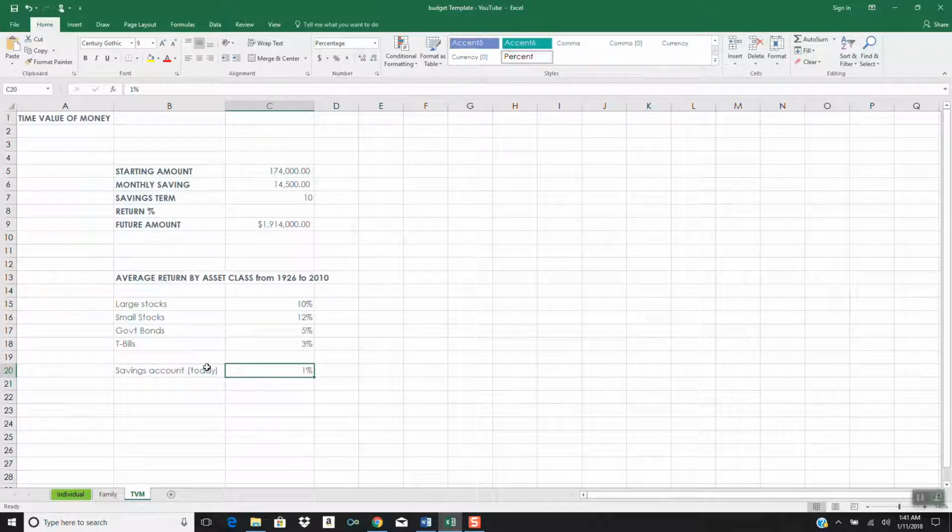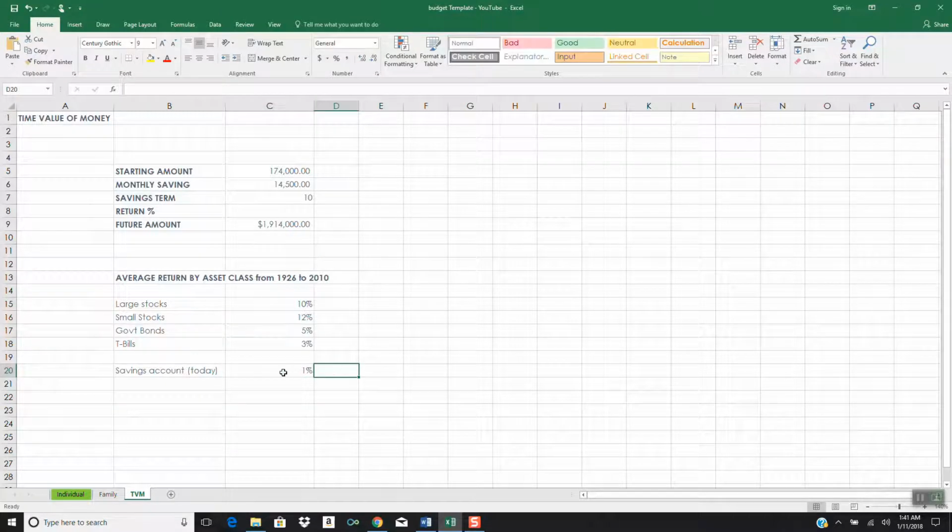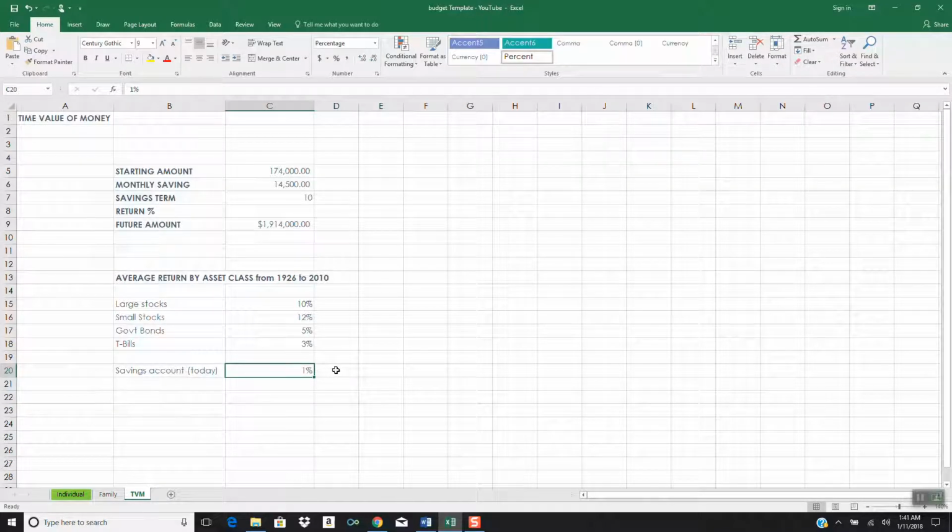When you put money in a savings account, you're basically investing in cash, right? And when you invest in cash, cash gives you a certain return percentage. That's when you go to the bank, put your money in a savings account, and they say you're going to get about 1%. That's not a lot of money, right? But that's what this 1% represents. This 1% represents a type of return that you can get on a savings account, okay?